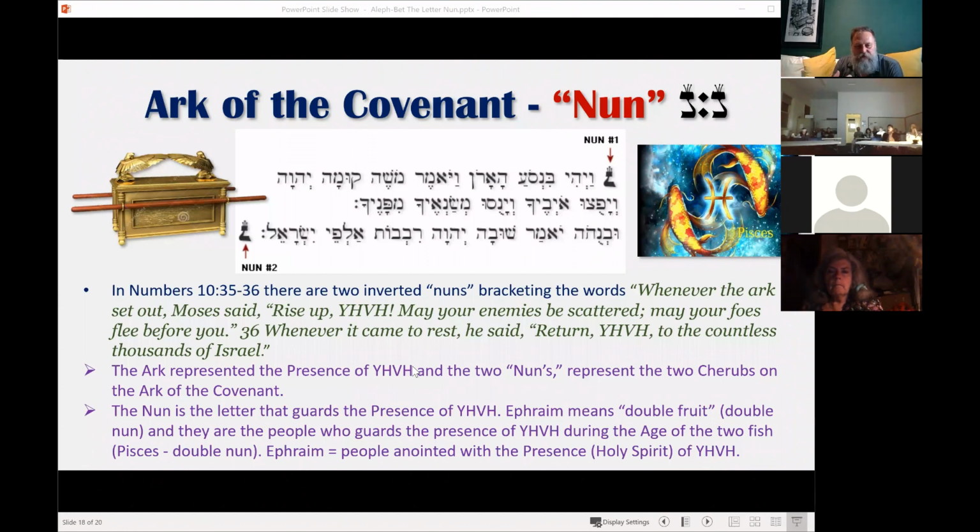And they also engage with the tablets, which is the covenant, which is connected to 50, which is grace, as well as 50, which is Jubilee, as well as the fulfillment of Shavuot, which is the outpouring of the Spirit, or that yod that works within the two Nuns that elevates you to a large Vav, or to a mature state. So that is the work of Ephraim. So the body of Messiah, the large kaf that looks like Nun, is basically what Ephraim represents. And they have the presence of Yahweh, because it said, rise up Yahweh, return Yahweh. And that is what Ephraim has access to during the time of the Gentiles, or that time of grace, the time of number 50.